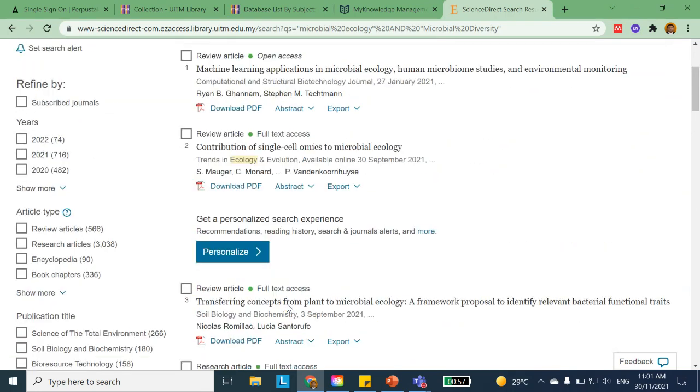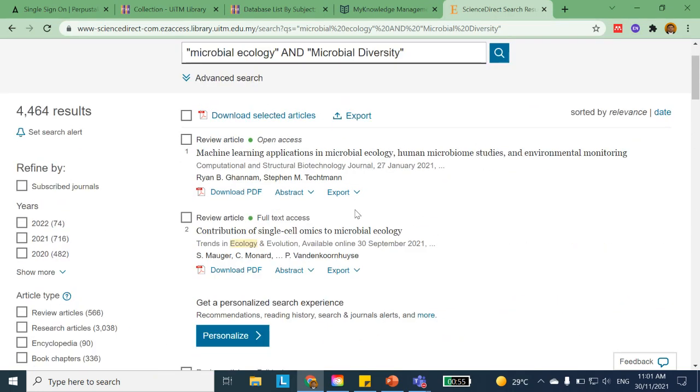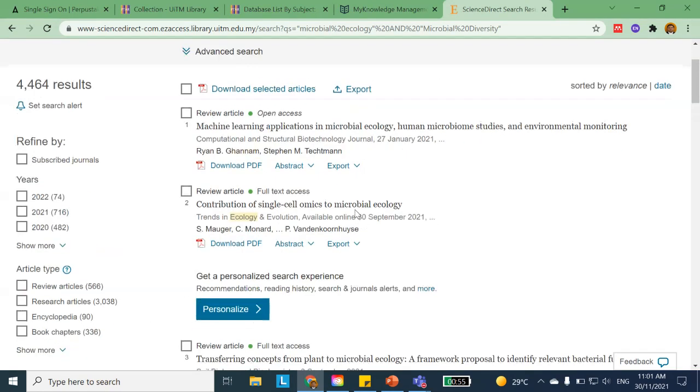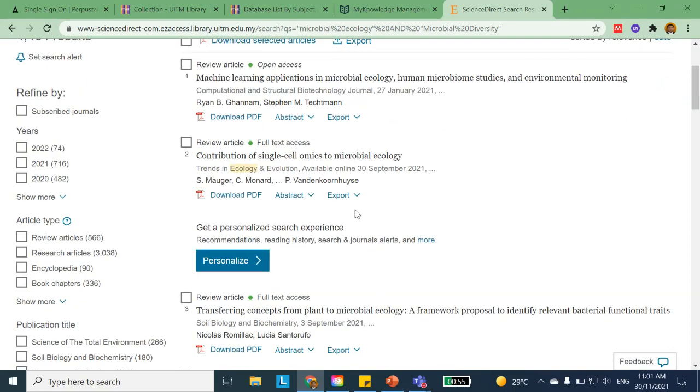We have our interlibrary loan services, which is a free service that we offer. If you see any articles that you like but it is not in full text, you just have to fill up the form. I will show you later on where you can fill up the form. Once you have filled up the form,